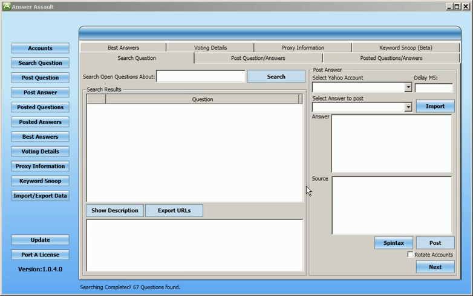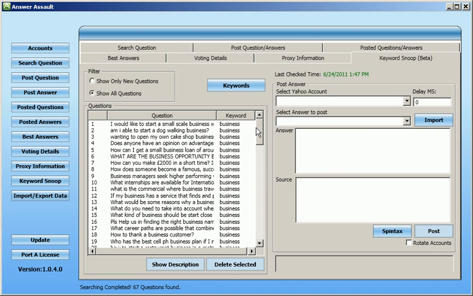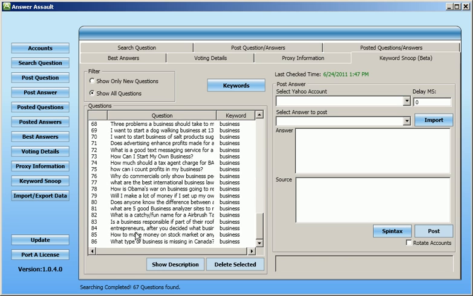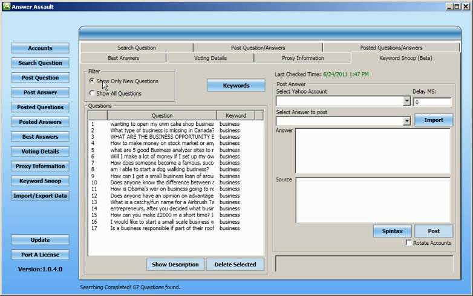Okay, if you had just noticed what happened there, that was just the keyword snoop bringing back more questions, pretty much. So you can see it was 86 now. Show only new questions. These are the new questions brought back in the last 5 minutes. In this way, you have this set to every 5-10 minutes. You can easily bring back lots of questions really quickly, or at least more efficiently, I think, in my opinion. Okay, next. I'm trying to move through this in a logical process. Next we have